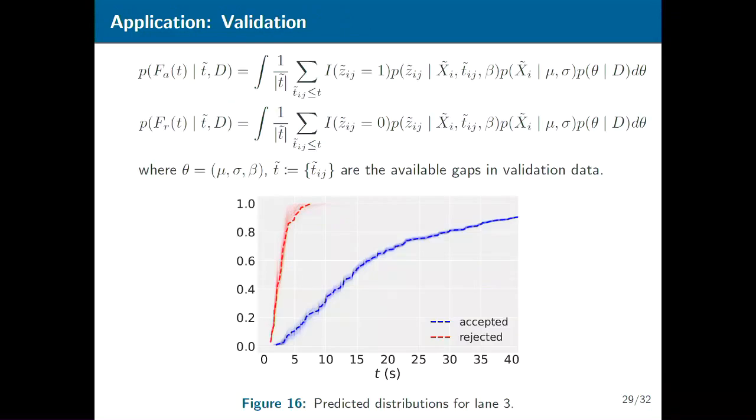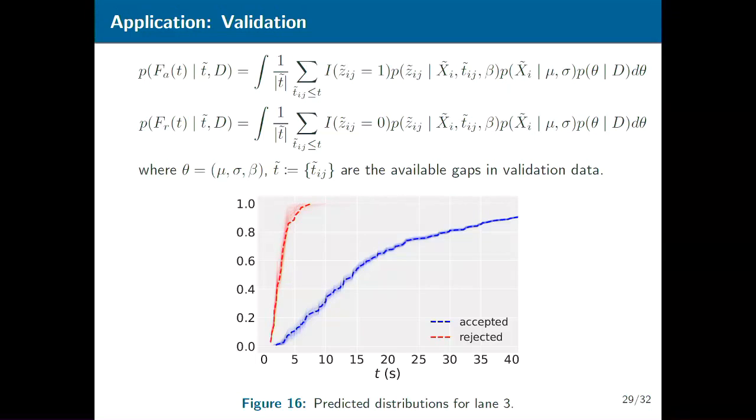So as you all know, when you work with real data, you don't really have the true parameters to benchmark against and see how well your methods perform. So what we try to do is some sort of validation strategy, where you fit the model to flight 1 data as the training data, and use the fitted model to predict the empirical accepted and rejected gap distributions for the flight 2 data, which essentially means computing these long integrals that I just managed to fit onto the slide.